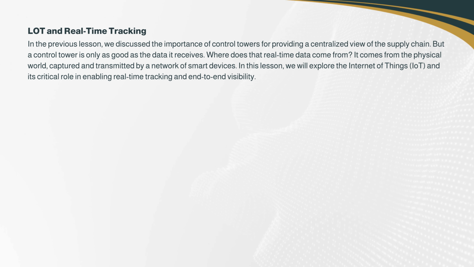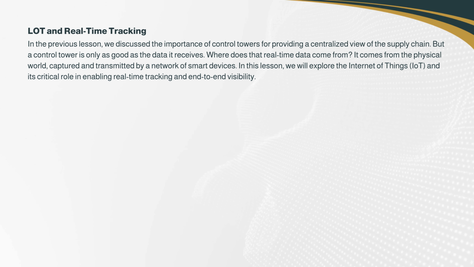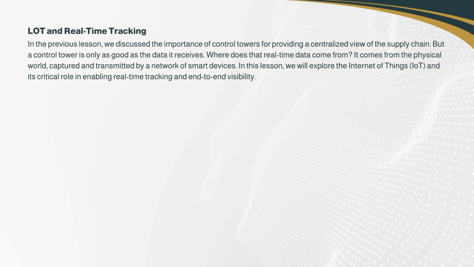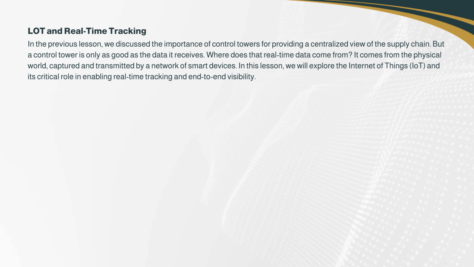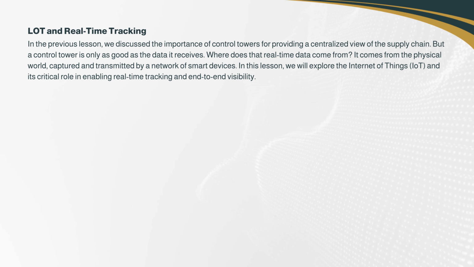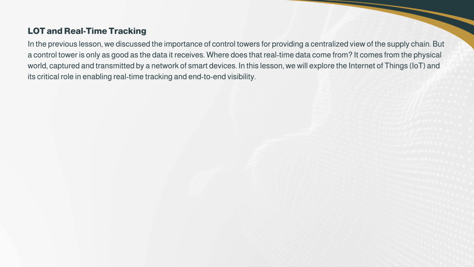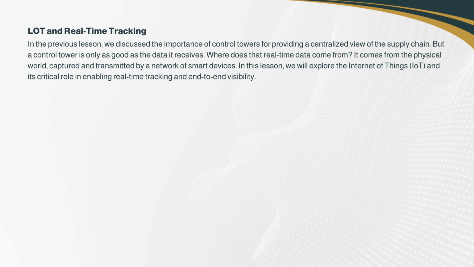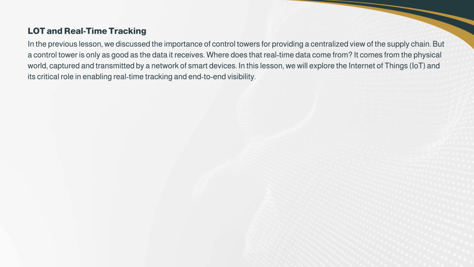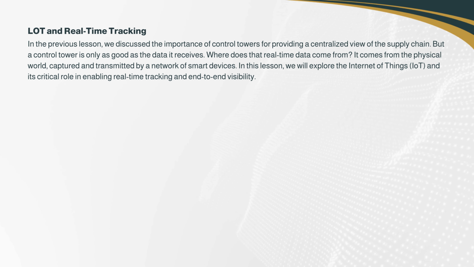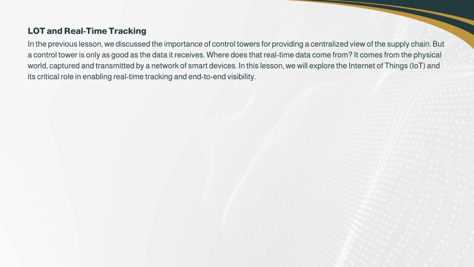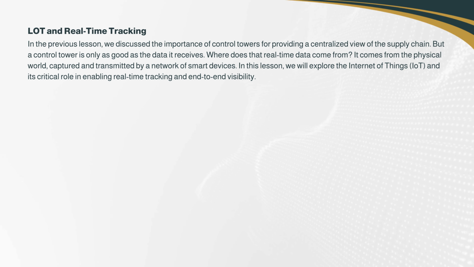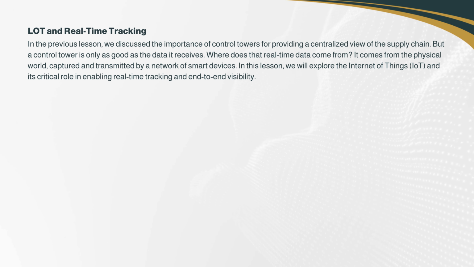Lot and Real-Time Tracking. In the previous lesson, we discussed the importance of control towers for providing a centralized view of the supply chain. But a control tower is only as good as the data it receives. Where does that real-time data come from? It comes from the physical world, captured and transmitted by a network of smart devices. In this lesson, we will explore the Internet of Things, IoT, and its critical role in enabling real-time tracking and